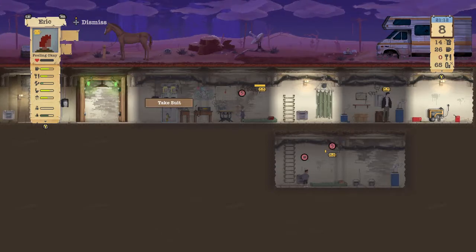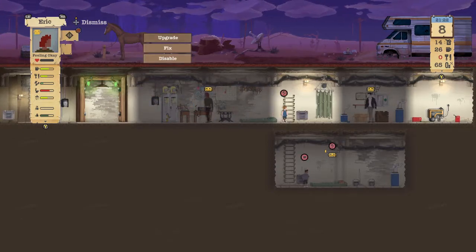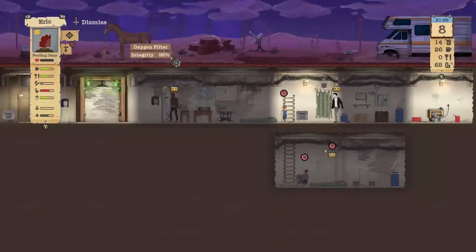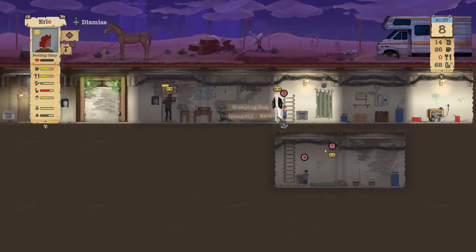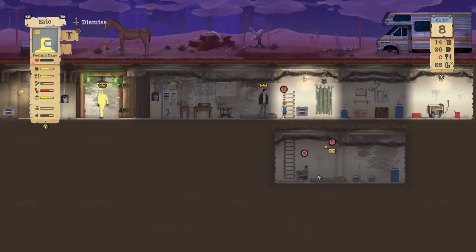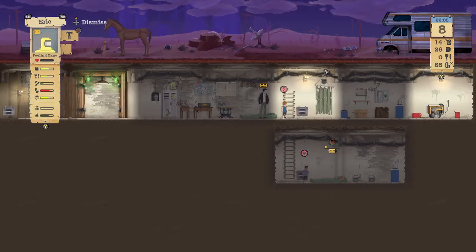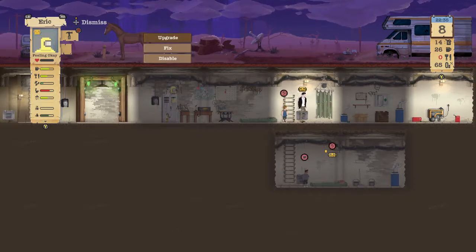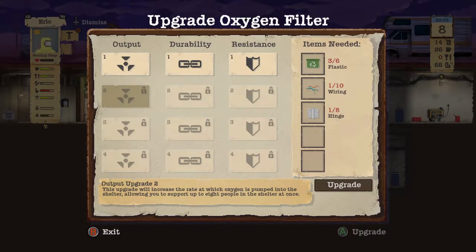But we are going to have Eric put on a suit. We want you to upgrade that oxygen filter. So thankfully we do have enough valves, and as it says down there, the upgrade allows us to hold 6 people. So right now I think we're actually at 5. Yeah, because we have 3, and then on top of the 2 coming out there, so we're actually going to be 1 person over. And I wonder if that's going to hinder